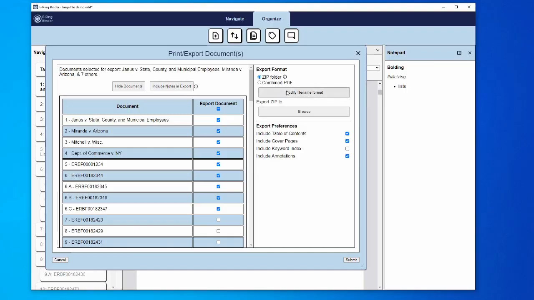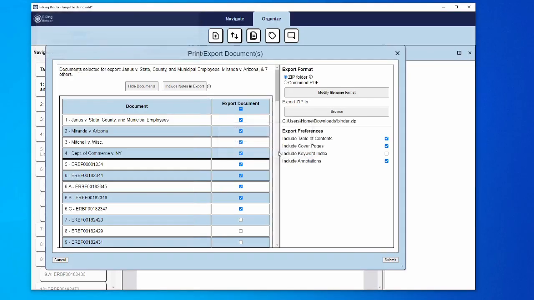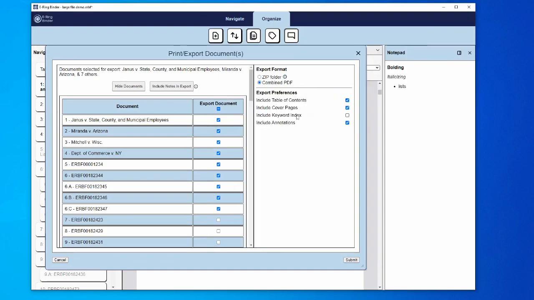You'll also see the option to choose the file path for your exported zip folder. If you do not set one ahead of time, you'll be prompted to choose the file path when you press Submit. If you select the Combined PDF option when you click the Submit button, a new window will open displaying